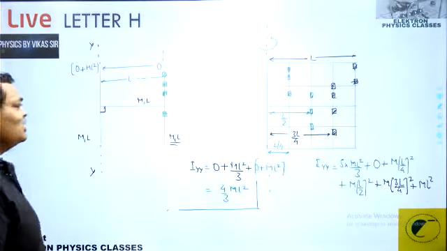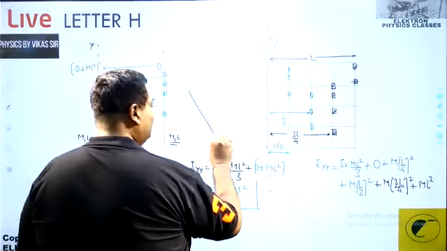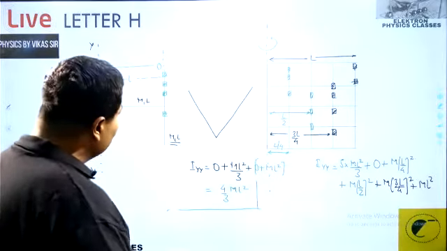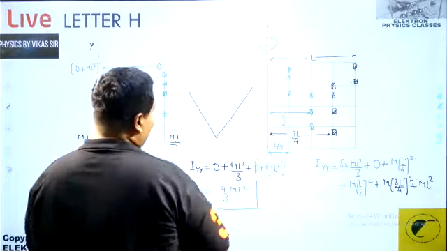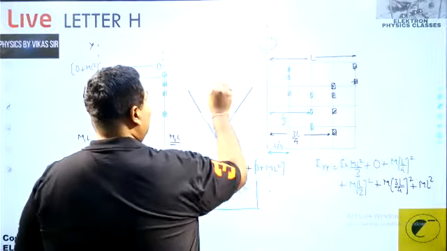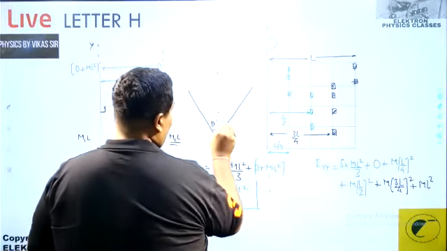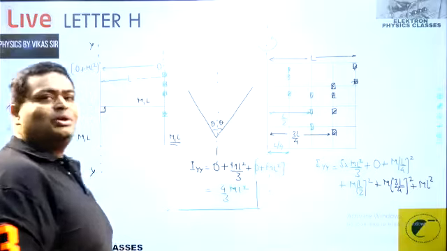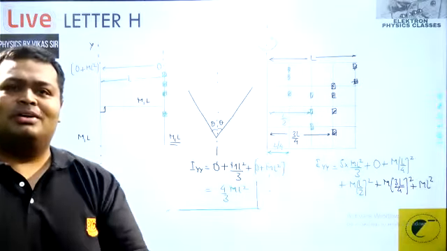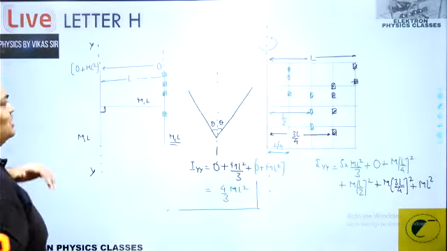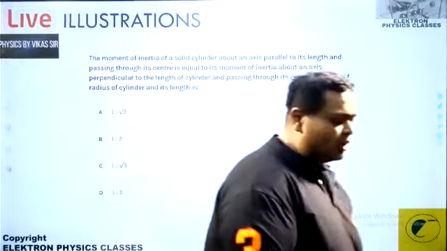We calculated the moment of inertia. You can try for A, V, and that. You can have a question like this: you have a rod which is bent from the center and makes the initial of Vikas, a V, or like that. We bend this rod from the center, and how much you want to bend is your take on it. There is an axis passing through this, and this angle is supposed to be theta, and you can calculate the moment of inertia of this. This is a pretty cool question which can be developed by you and shared with your friends, and you can be good question makers and answer makers also. You can try that. I'm not solving that.